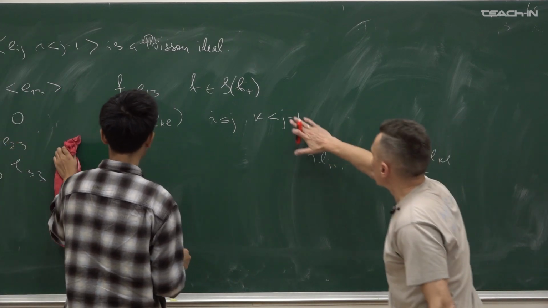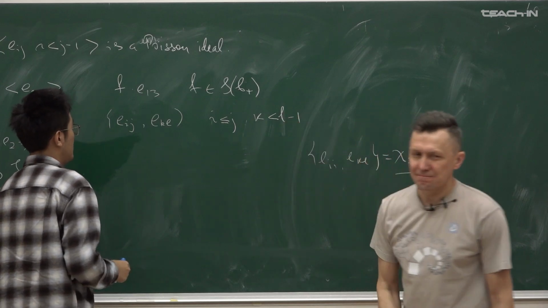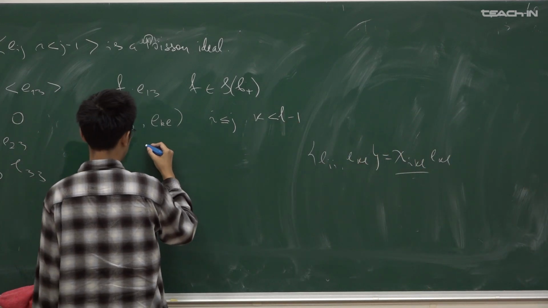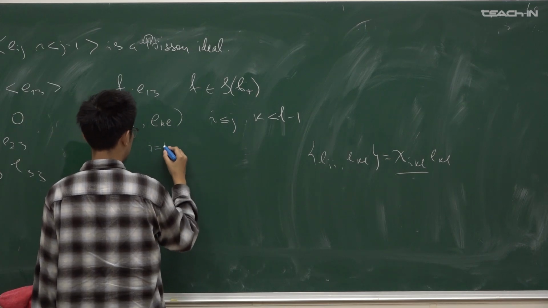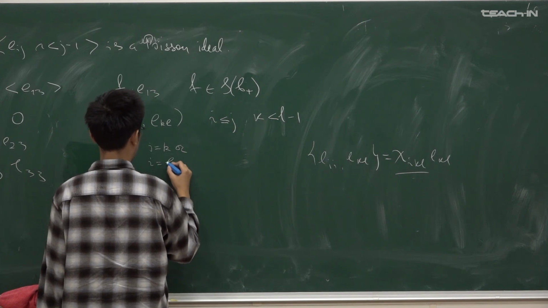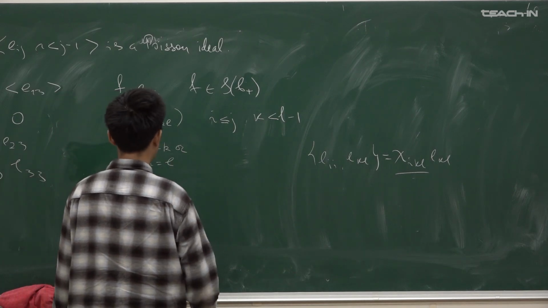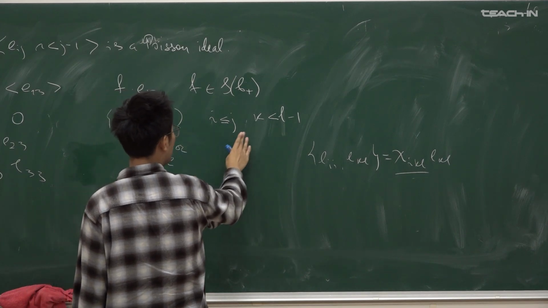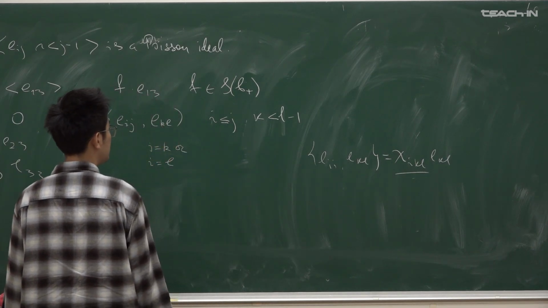I'm sorry, l. Not zero, it means either one or the other, and if you want j equals to k, it means